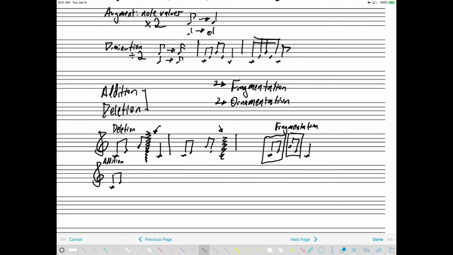With addition, we're seeing that there is something that is structural to the motive that's being added to. So in this case, we might have these notes to begin with. And we might add in an extra note. Let's say we'll add in an extra note in the middle. So we'll add in this new pitch. So instead of just,